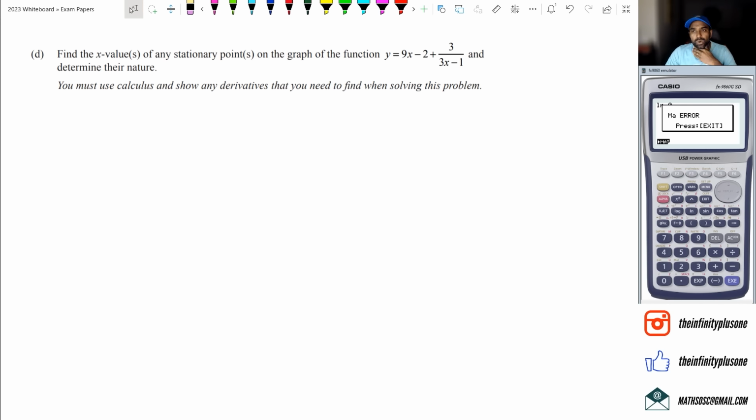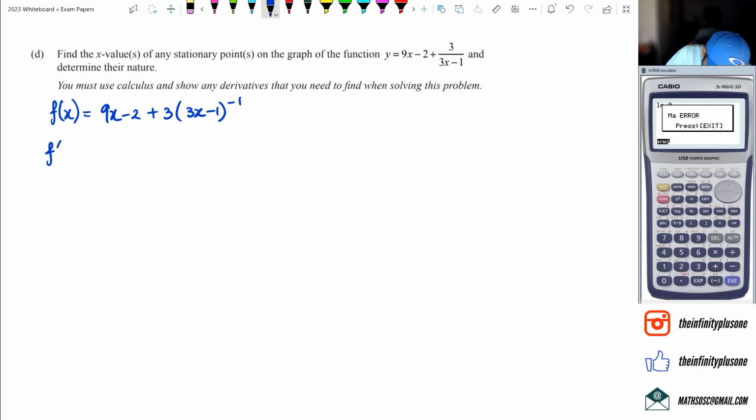So with this question, we've got to work out the stationary points, and we've got to determine the nature. God, we've got to double differentiate this equation as well. All right, so let's start doing f(x) first. So f(x) is equal to 9x minus 2 plus 3 times (3x minus 1) to the power of negative 1,